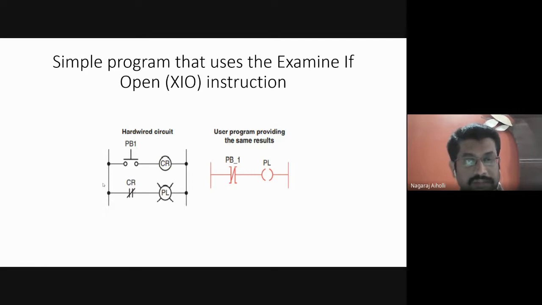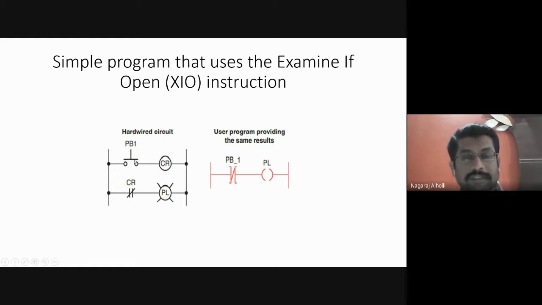So here it is energized. Actually if it is a normal relay contact, then it would have been energized, but this is a NOT condition. NOT of 1 is 0, and hence the pilot light will not be turning on. Then when will it be turned on? When we are closing PB1, the pilot light is not turned on. When PB1 is in open state, that is, not closed, I mean to say open state,